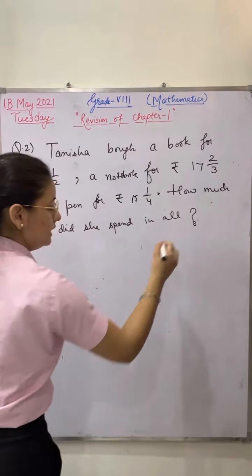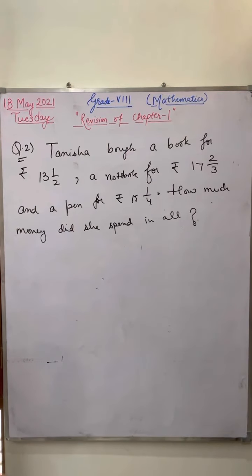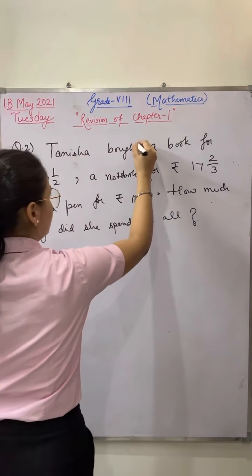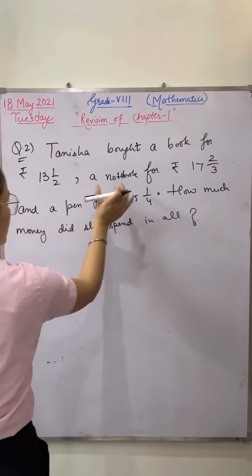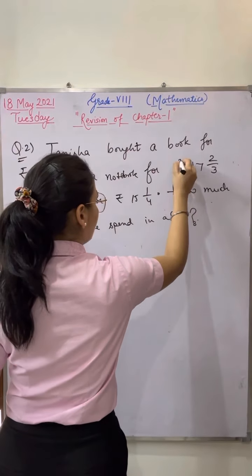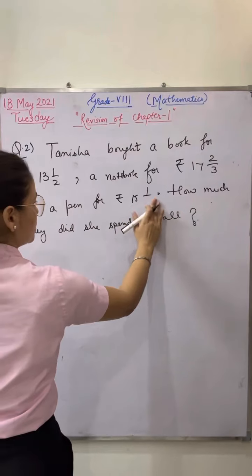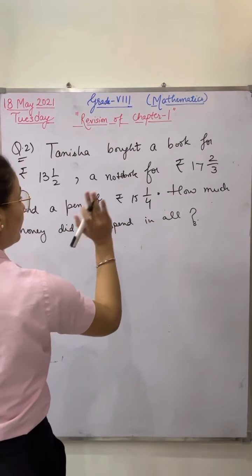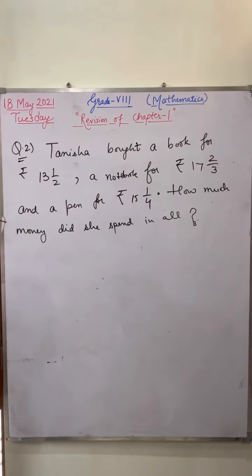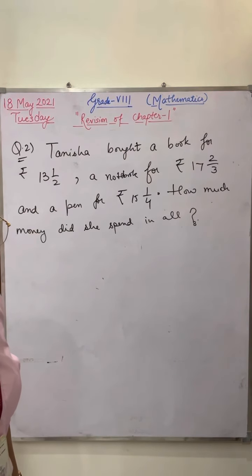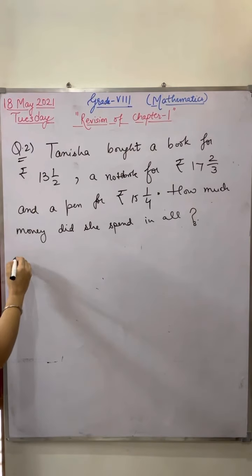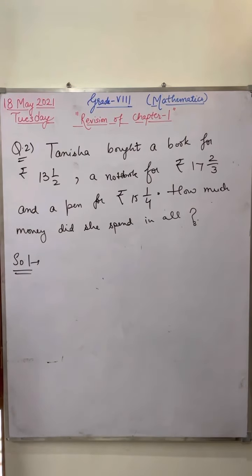Right, very easy. Just tell me once, everyone. I'm reading your messages. In this question, Tanisha bought a book for rupees this much, notebook for rupees this much, and a pen for rupees this much. How much money did she spend in all? What you have to do? You have to subtract, you have to multiply, you have to divide, or you have to add. Very good. All the answers are correct. Those who are sending messages. Okay. Now please find out the question quickly. Solve the question, take out the answer. Quickly. I'm going to unmute some students in the class.